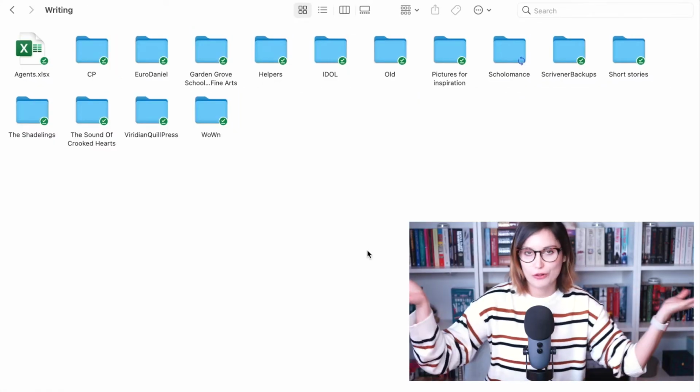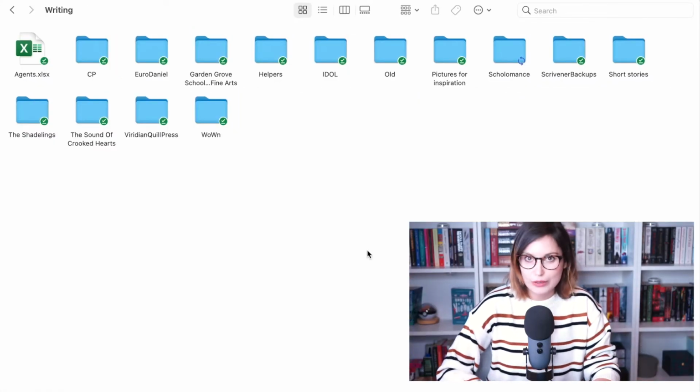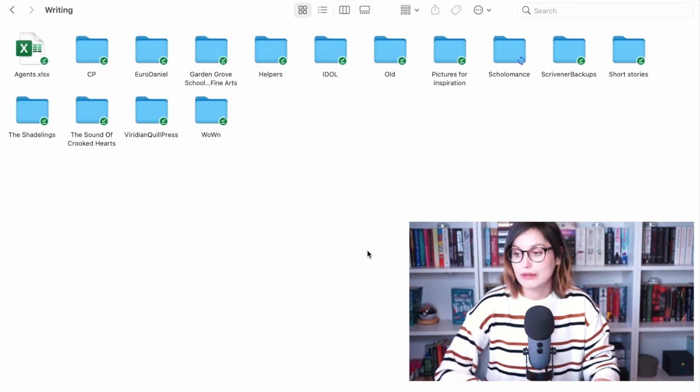Without further ado, let's get into my computer, my Google Docs to be exact, and let me show you how I attempt to organize my many writing projects. So first of all, this is my writing folder inside my Google Docs. Always keep your things in the cloud or back them up on many hard drives all over the place, because you don't want to one day wake up with all your hard work just completely gone.